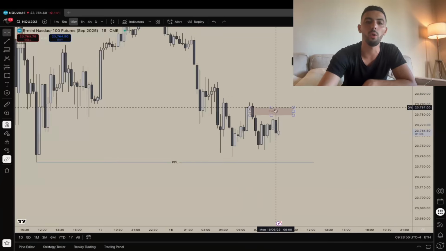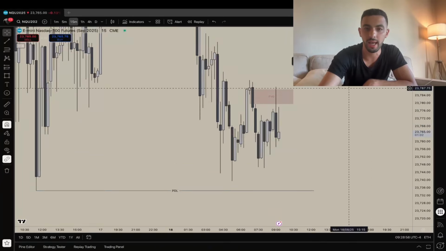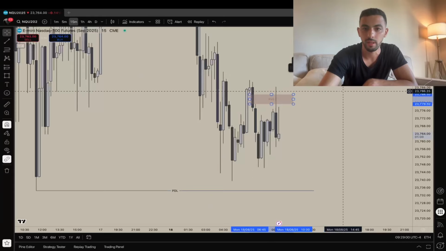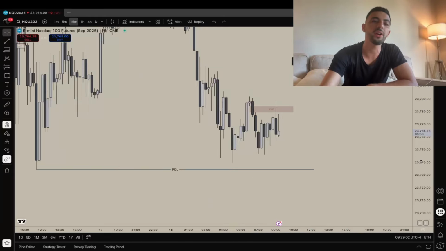So right now we are holding this 15-minute bearish gap. So yeah, if we start inversing, for example, if the next 15-minute candle inverses this to the upside, I might not actually see previous daily low get taken because we have an SMT there. But anyways, sweep of previous daily low and